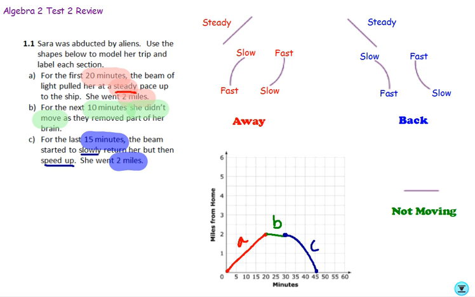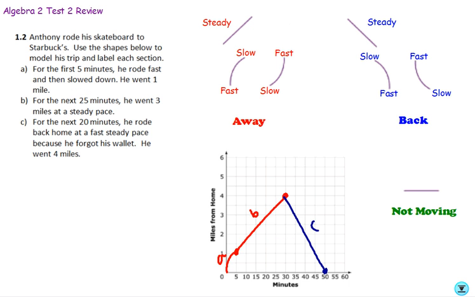All right, so let's check in with you on 1.2. And again, you should have already done this on your own. So you're just checking to see if you got the right answer or not. So let's look at 1.2. So there was no resting here. Anthony went to Starbucks, forgot his wallet, and he turned right back at home. So that's why the green section, what I'm representing as the no change in distance,